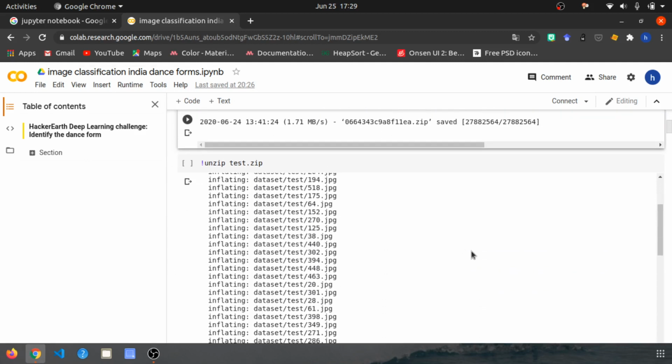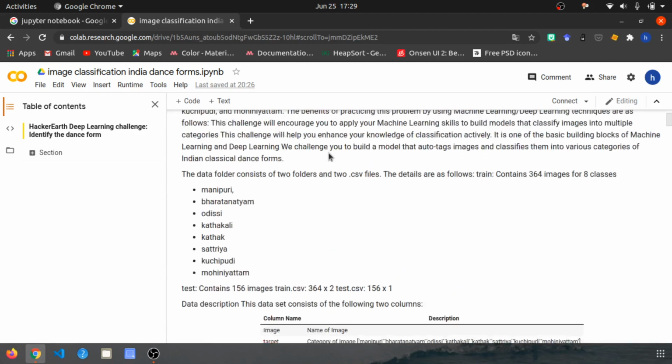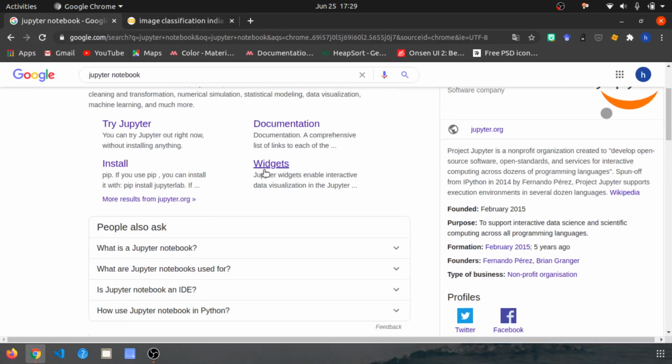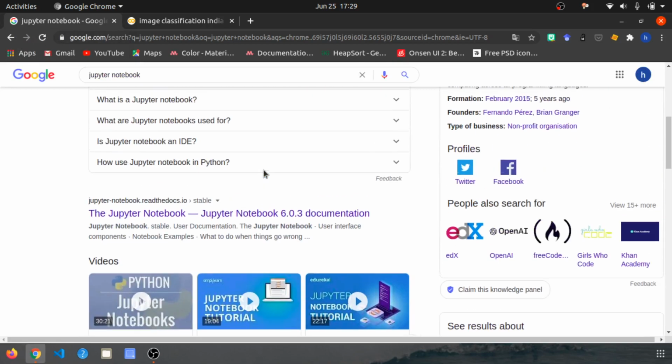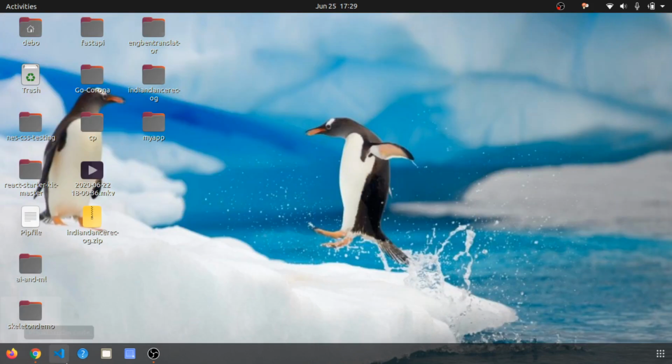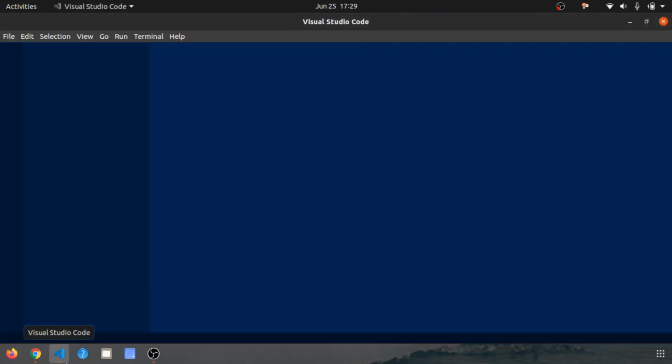Now you have got a sneak peek, so you know what a Jupyter notebook is. Now let me show how you can run the Jupyter notebook in your VS Code. So first you need to open Visual Studio Code.